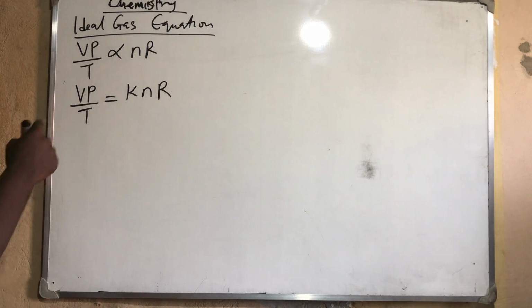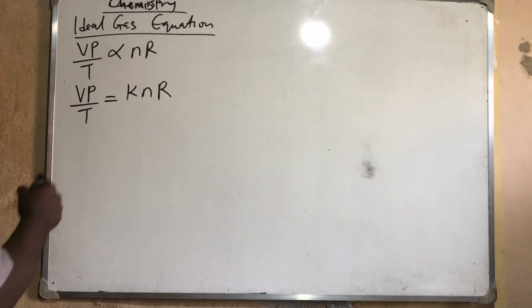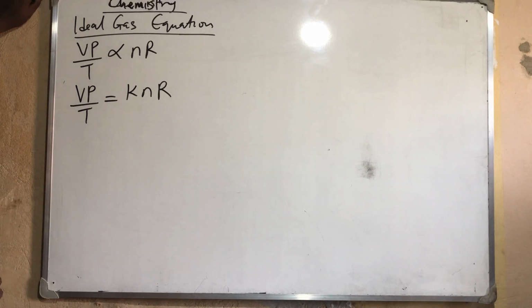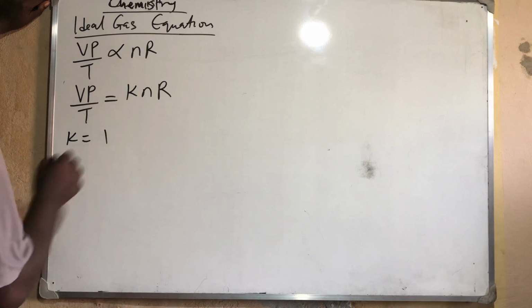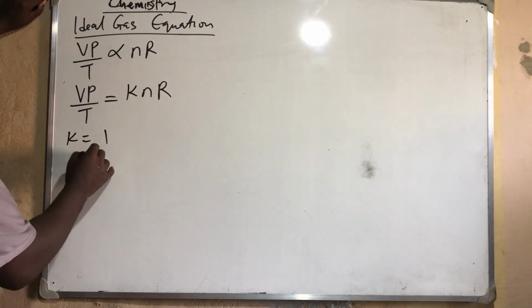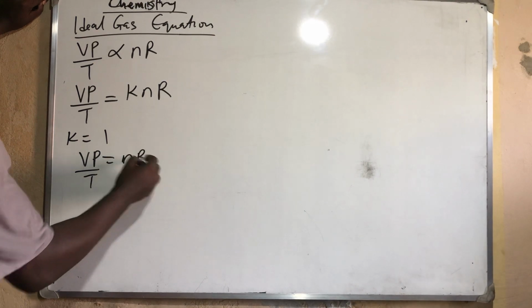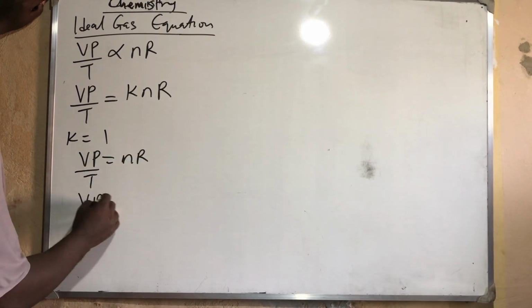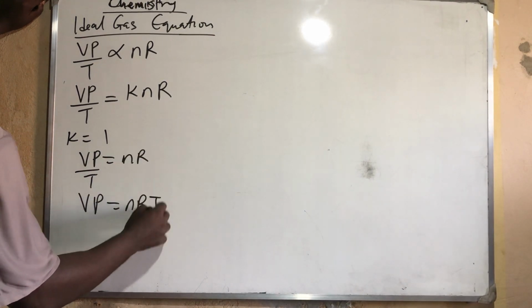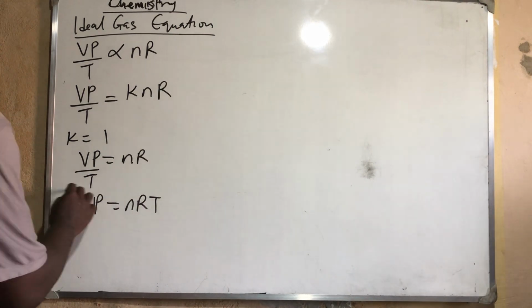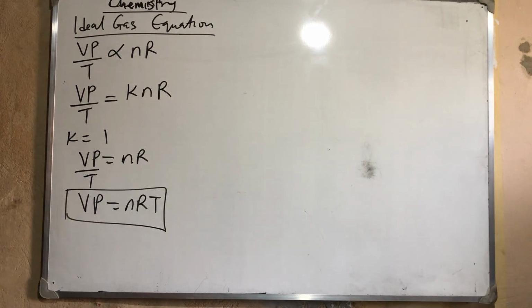If we now cross multiply, here my k is equal to 1. If my k is equal to 1, you will now have that PV over T is equal to nR. So we now have that PV is equal to nRT. Very important formula to note, please. PV is equal to nRT. Where